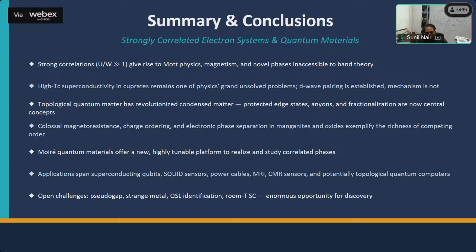We don't know, maybe 20 years down the line, a different platform might win over all of these and become the standard. So it's difficult to say. But as far as the fragility is concerned, I would say that superconducting qubits are more fragile as compared to ion trap, so that is a disadvantage, but they are also more scalable as compared to ion trap. So that is an advantage. So you have to mix and match.